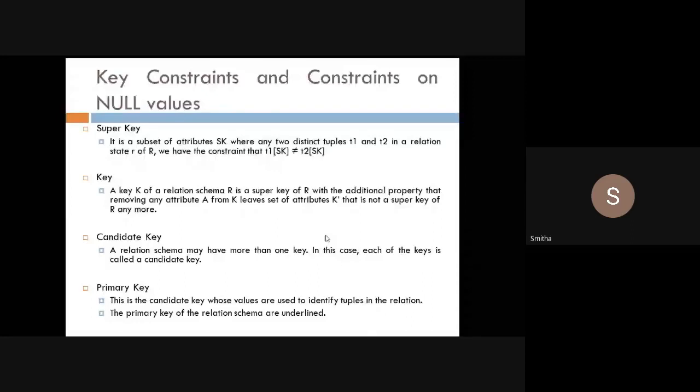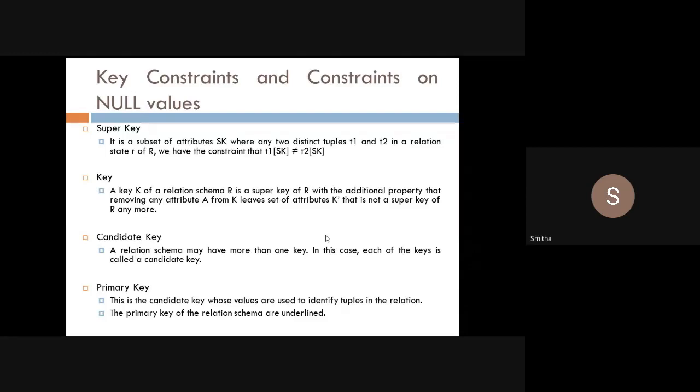Because we will have one more key called foreign key also. At that time you will understand why it is called primary key and why it is underlined. For the time being, remember the types of keys: super key, candidate key, and primary key.